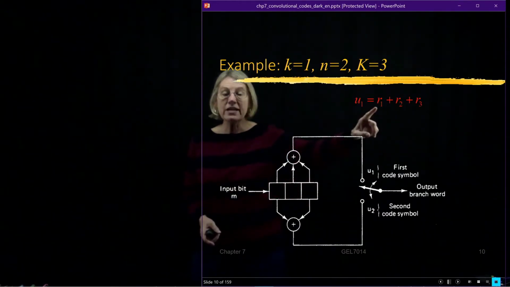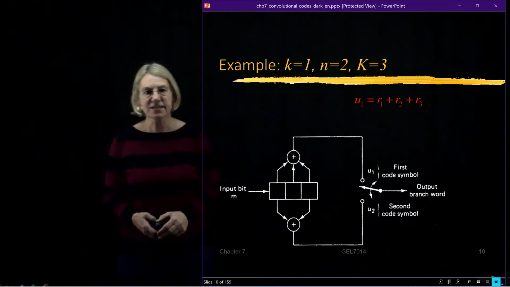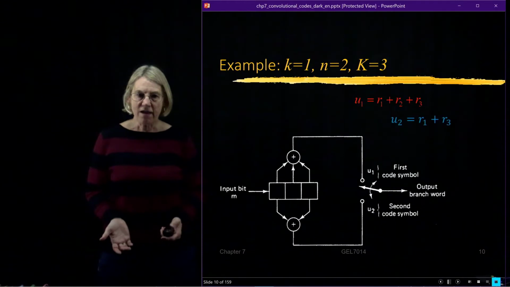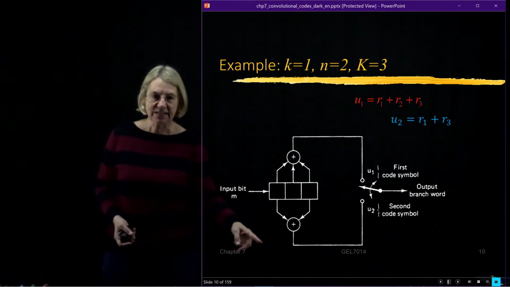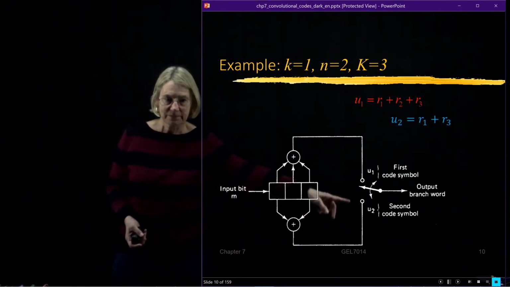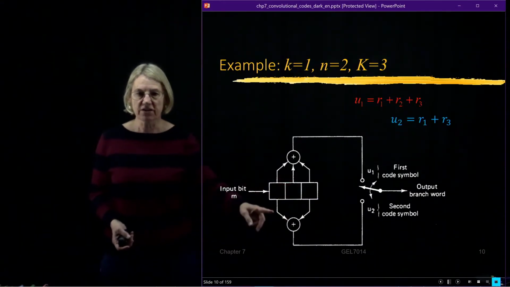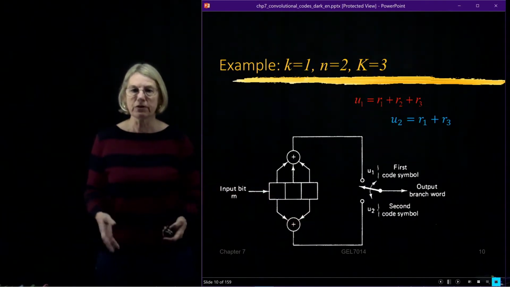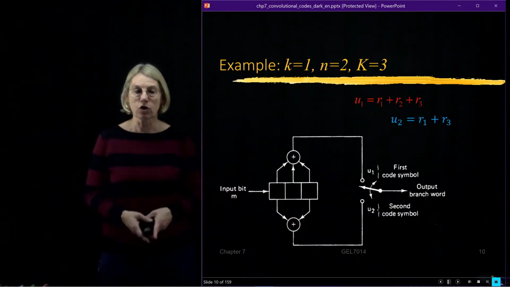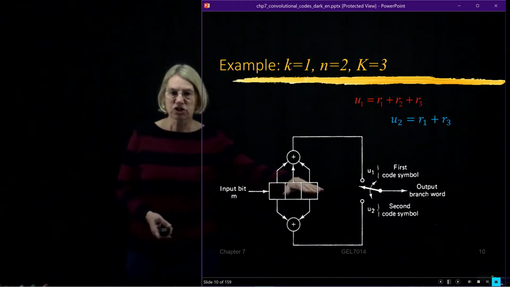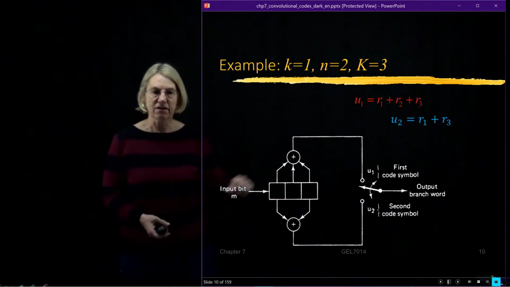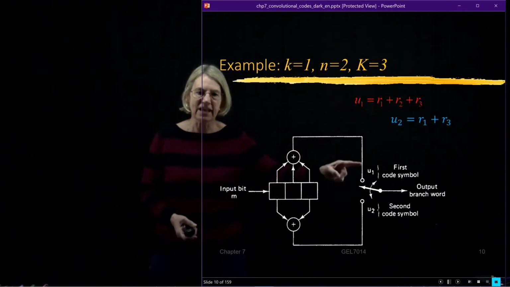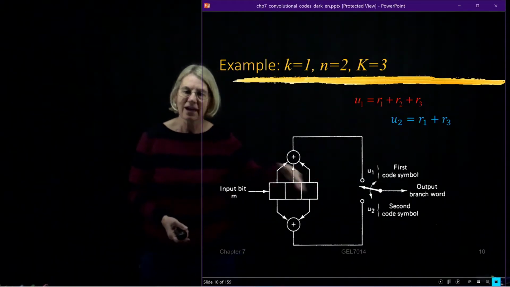So if I wrote that as an equation, I would write that as a sum of register 1 plus register 2 plus register 3. In the same way, I would say that the second code bit is also a function, but a different function. Now it's only the first and the third registers which contribute to the second bit of the code word. So I would shift in 3 values in here, make one calculation, get the first bit, make another calculation, get the second bit, and then line them up, first bit followed by second bit, and that is what's being